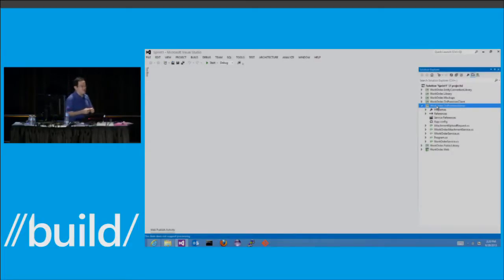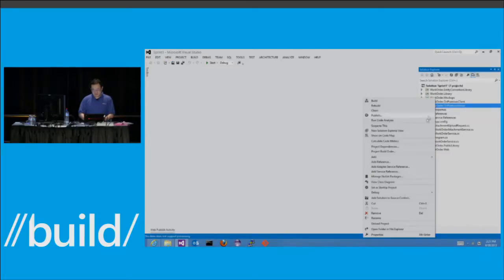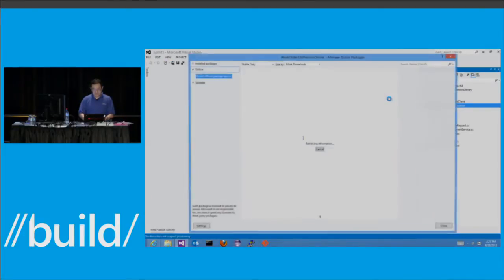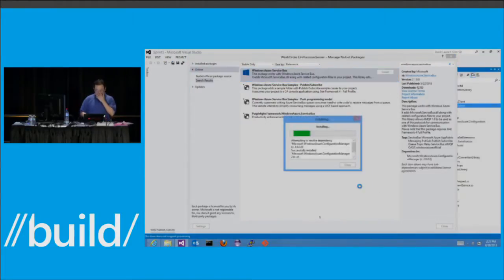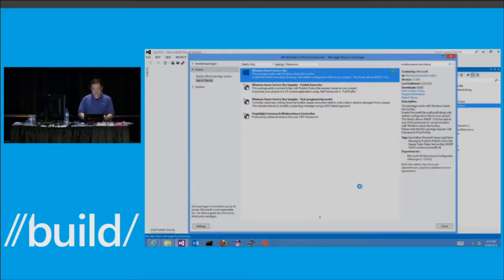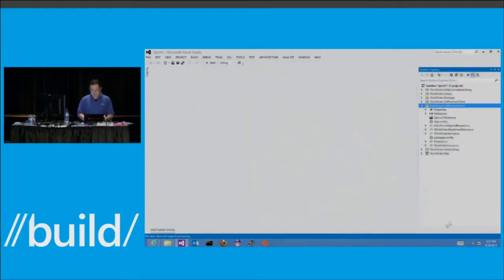So to use Windows Azure services, it's an easy 3-step. First, you get a NuGet package for the services you want to use. Then you change configuration. This is optional, actually. Then third, you just code it up. So in this case, I'm going to use service bus relay capability. So I'm going to add a reference to my Windows Azure Service Bus NuGet package. Just install, accept. Now I have all the necessary libraries for me to use the relayed connection.